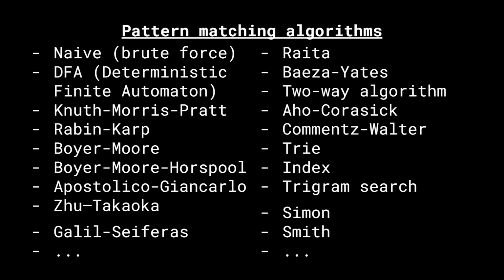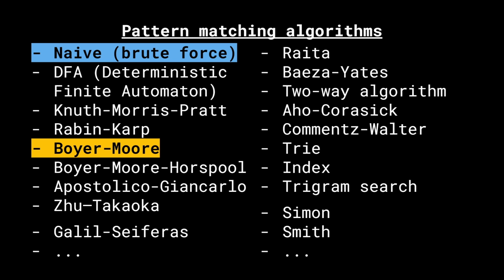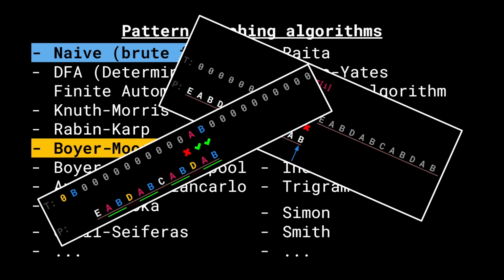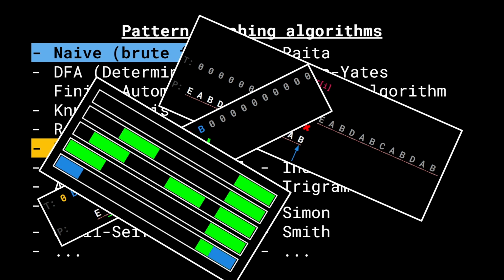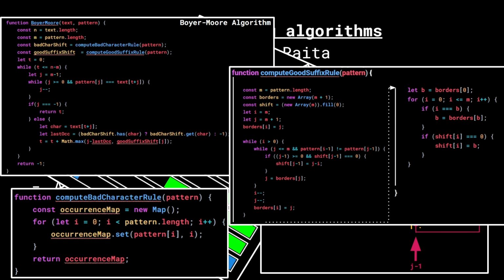Numerous algorithms and data structures exist to solve this problem, but today I want to focus on the one that is considered the most efficient in usual applications, the Boyer-Moore algorithm. I will start with a naive approach, then discuss the different observations and ideas developed by Boyer-Moore. I will guide you through all the intuitions necessary to develop a fully functional Unicode-proof JavaScript implementation of the Boyer-Moore